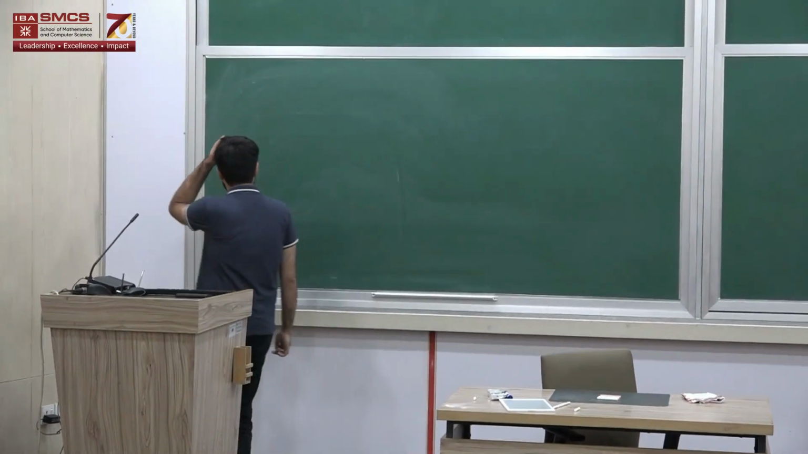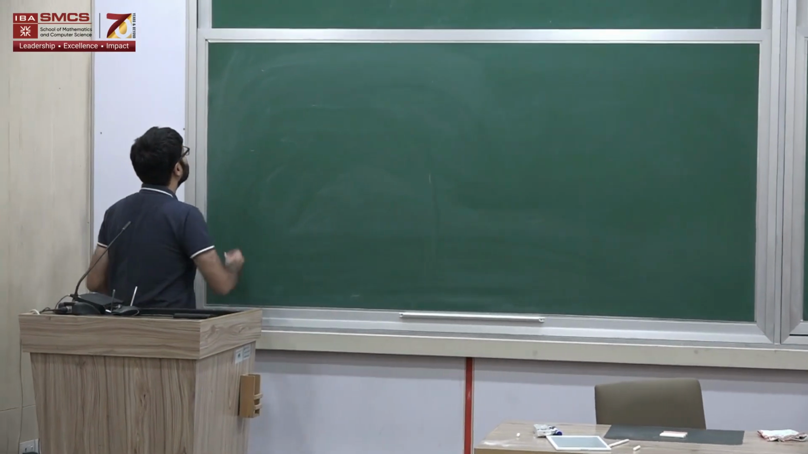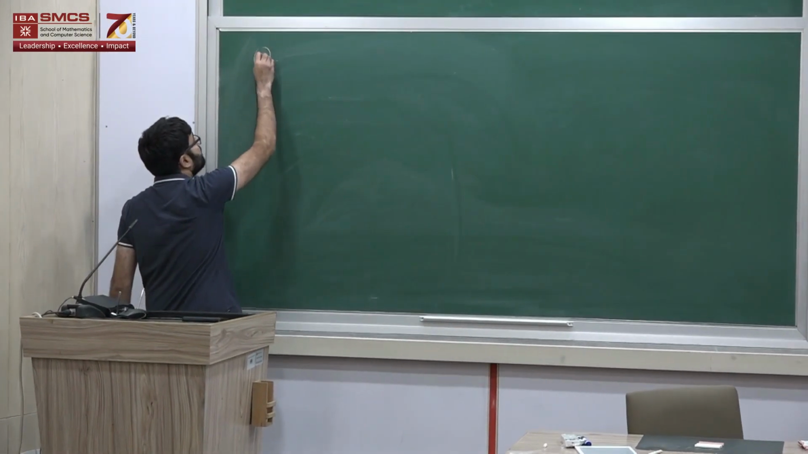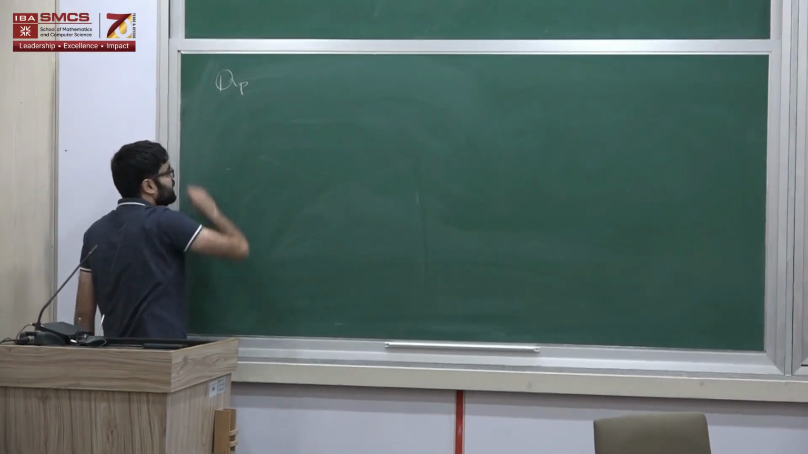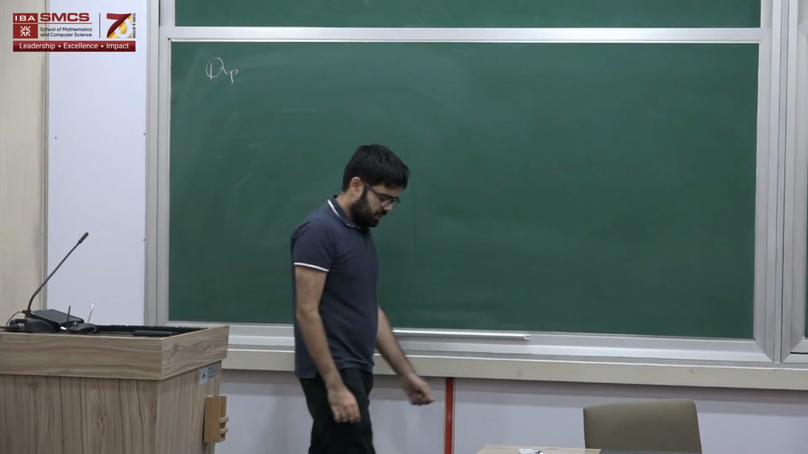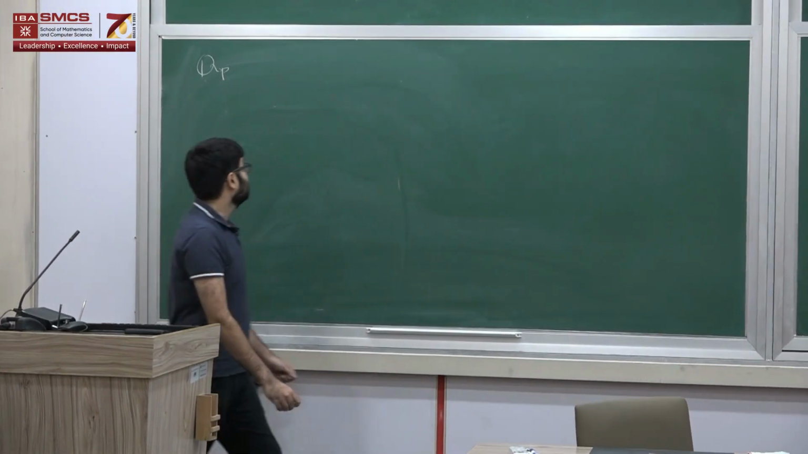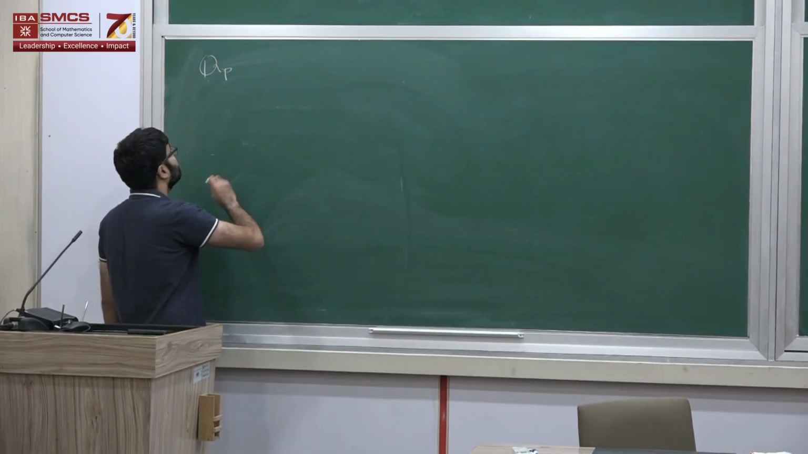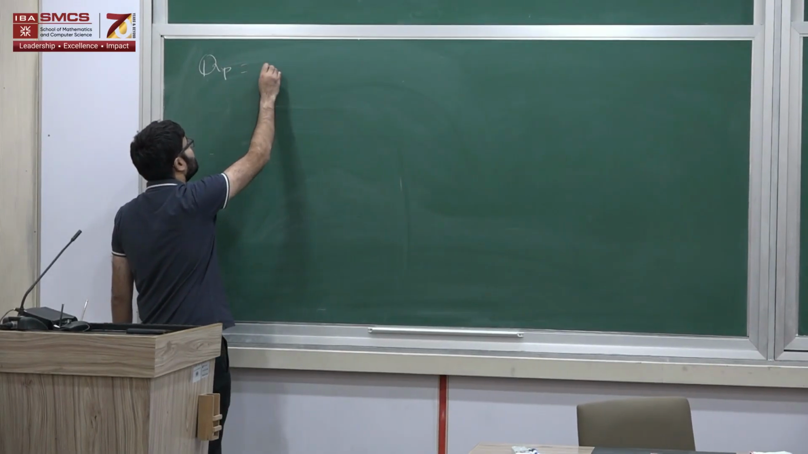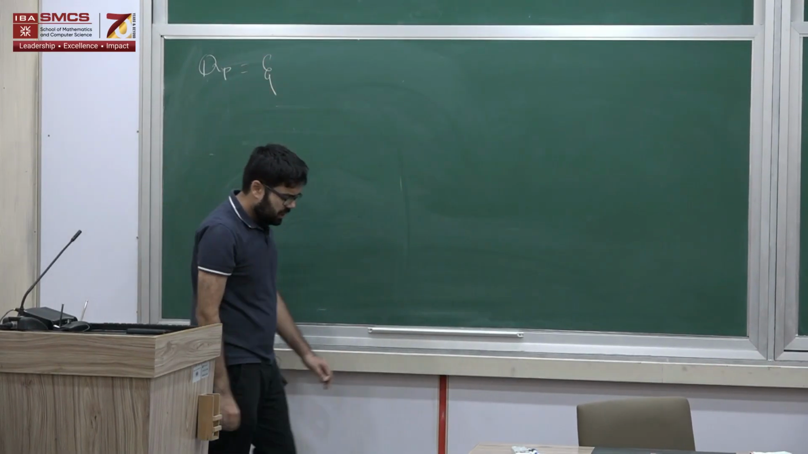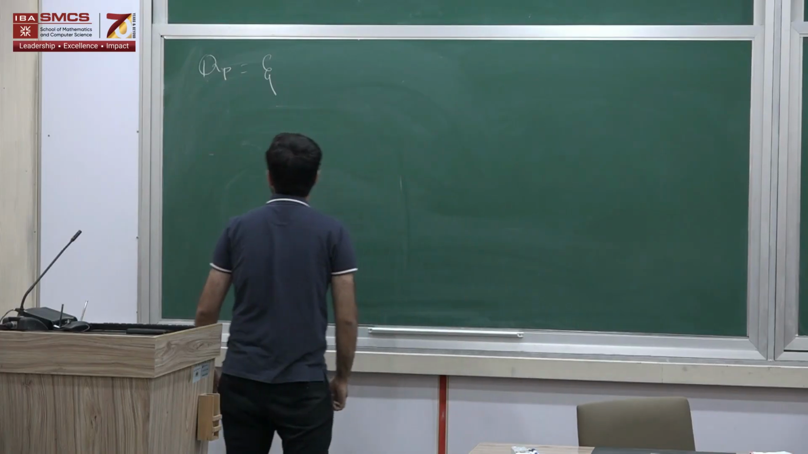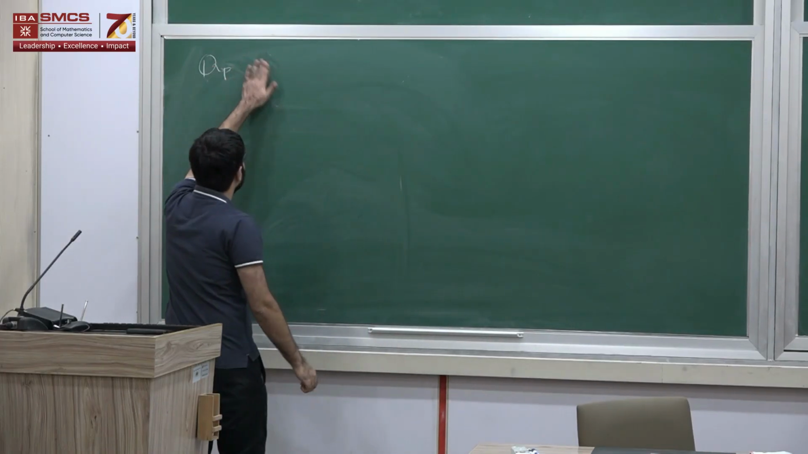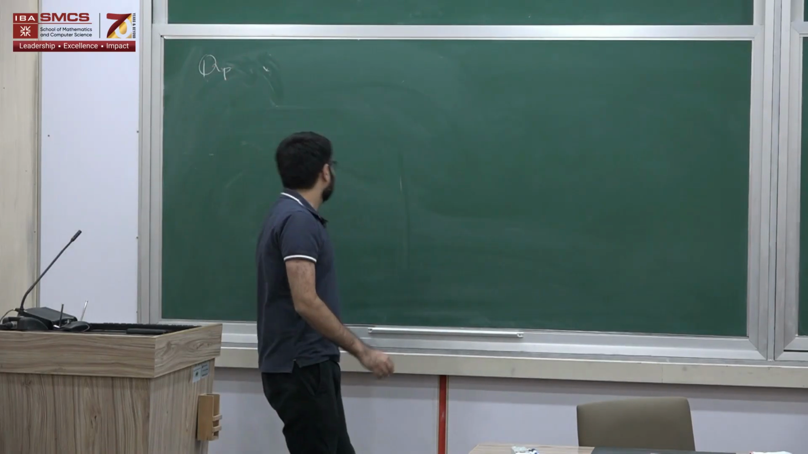So, a short reminder. Last time we defined p-adic numbers, and these are an extension of rational numbers. We saw that Qp is an extension of Q,